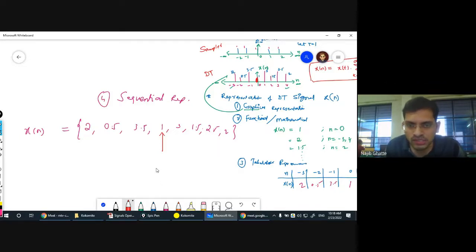In some books, arrows are in the downward direction. In some books, arrows are in the upward direction. In some books, we mention it by putting an underline, and in some books, it's done that way. Fine. So there are different ways. Some prefer putting arrows in the downward direction, in the upward direction, by putting an underline, or by putting an upper arrow. I generally prefer it like this.